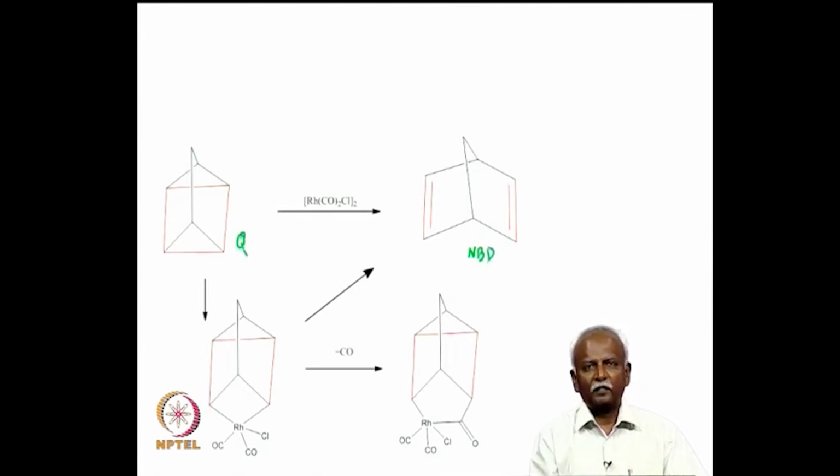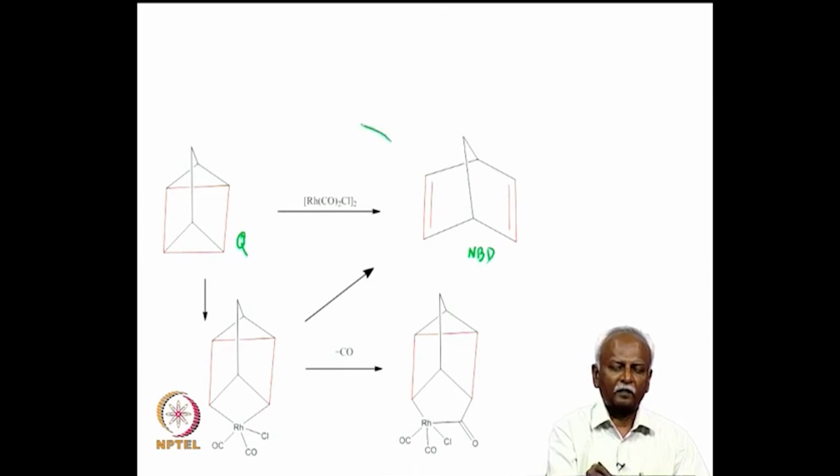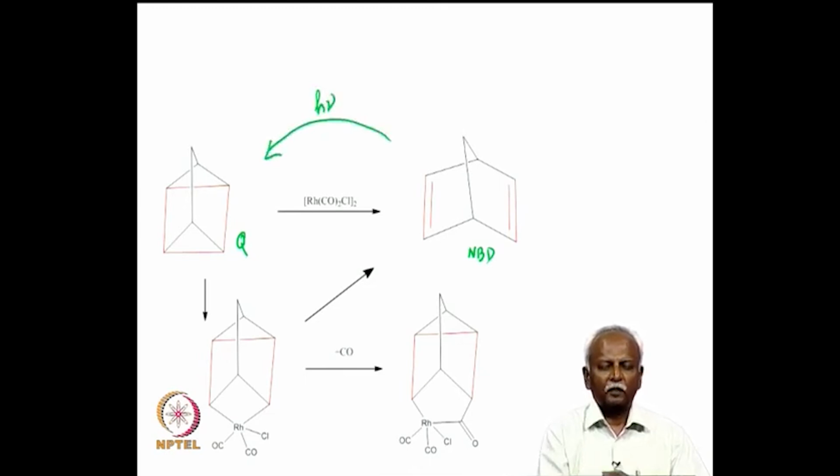Now, it was interesting that norbornadiene could be converted to quadricycline by photolysis, and because quadricycline is an energy rich molecule, it was thought that if one can store energy by absorbing sunlight, converting norbornadiene to quadricycline, then